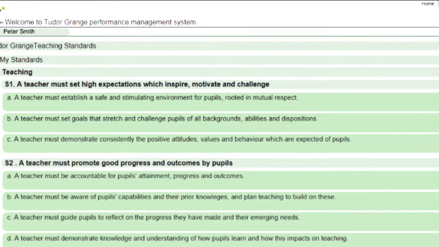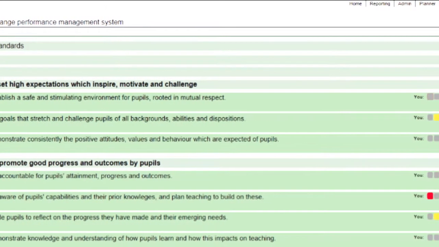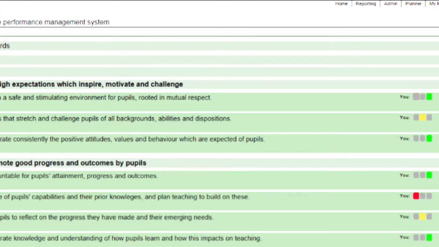Another example of how we've managed to move the system on massively beyond the initial idea of a performance management system has been the development of the initial teacher training assessment framework, where we're able to track and monitor and complete evidence against all of the standards for over 20 trainees across 8 different schools within our alliance and our SCITT partnership. This has been a massive undertaking, and again an example of how Paragon are able to take ideas from teaching schools, from schools in general, and say we can provide a bespoke solution to that. We can develop this system to allow it to do what you need it to do.